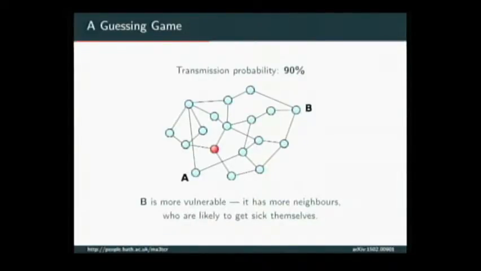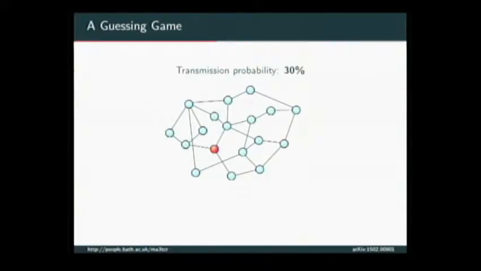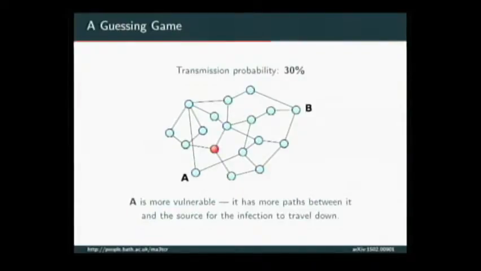So Paul has unfortunately skipped 3 slides ahead, so I'm going to have to rattle through this. So you spoke about the number of paths, right? And that actually matters when the transmission probability is lower. So if you have a slightly weaker disease that doesn't spread so well, so a typical outbreak is much smaller, so then we're going to vote again, but Paul's ruined it. Well, no, we can still do it, right? So I'm going to ask you the same transmission probability. Actually, there's no point. I've given it away, right? So actually, it's swapped. So for a lower transmission probability, it's path counting that matters rather than number of neighbors.